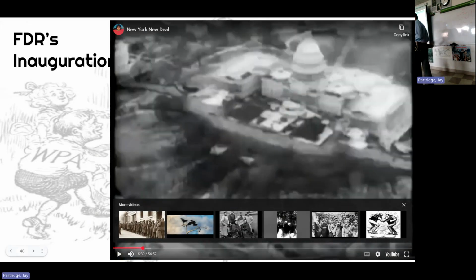So Roosevelt was waiting in the car, obviously, for Hoover to get in. Hoover didn't want to go. Hoover was convinced that Roosevelt would destroy the country and would be the worst president in American history, and it's all over. But they convinced him, you have to go. So he's mad. And they're driving to the Capitol, where Roosevelt will be sworn in and give his inaugural address.